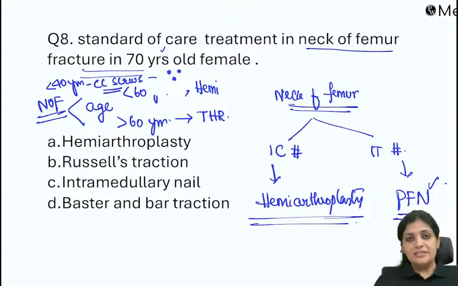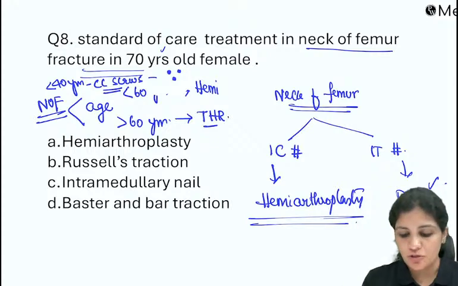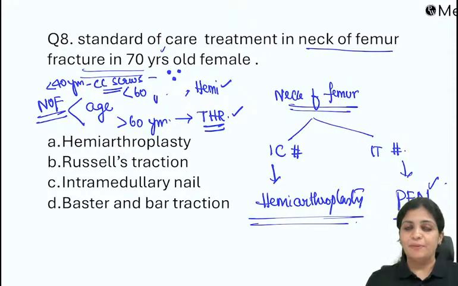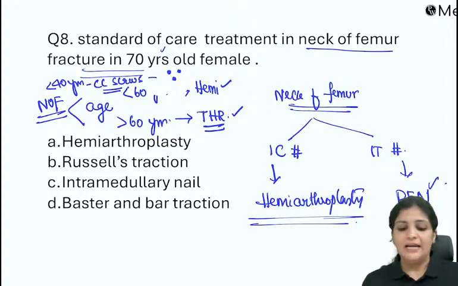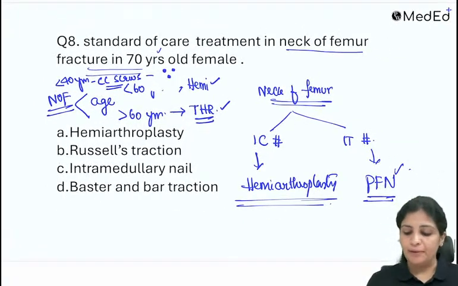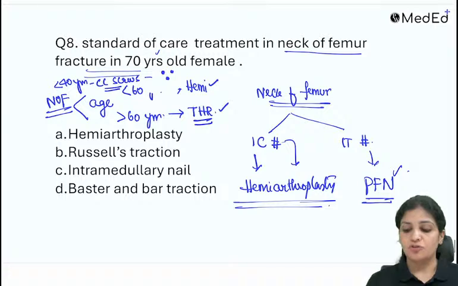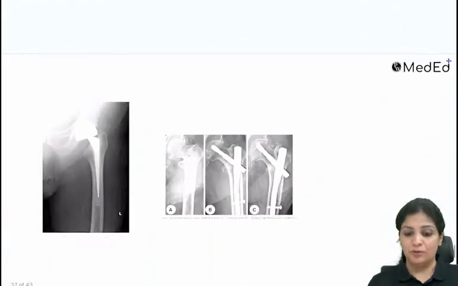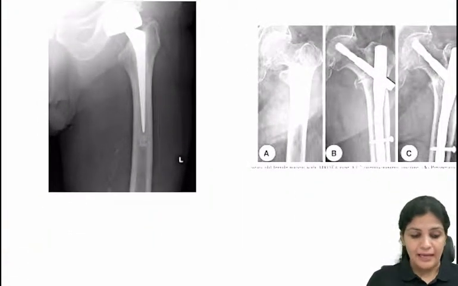Right. So if there is an acetabulum involved also, you directly go for THR. If the patient is less than 60 years but the acetabulum is damaged, you go for THR. But usually remember, IC fracture is hemiarthroplasty, IT intertrochanteric. So now this is an example of